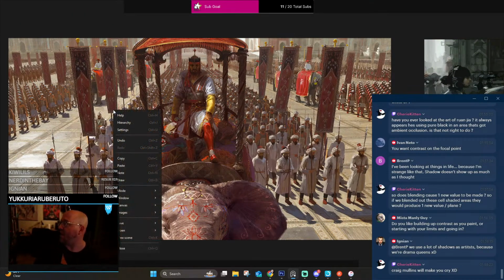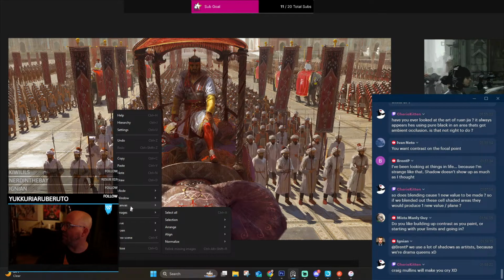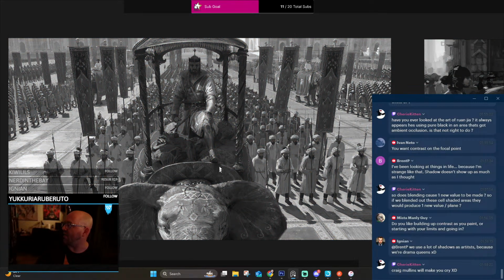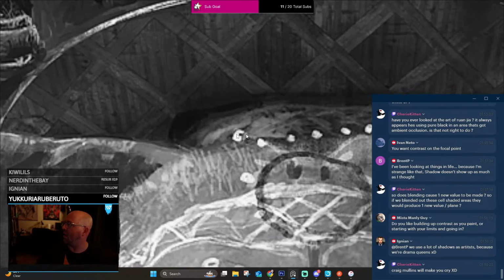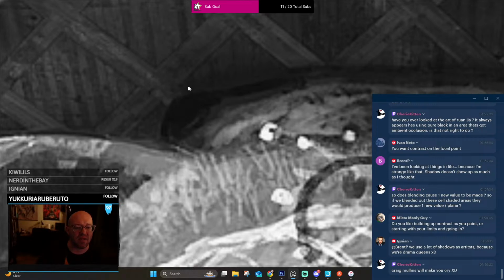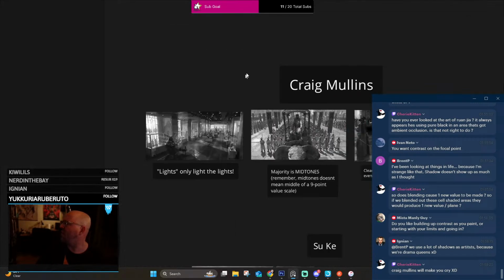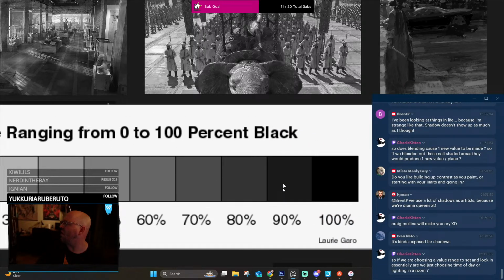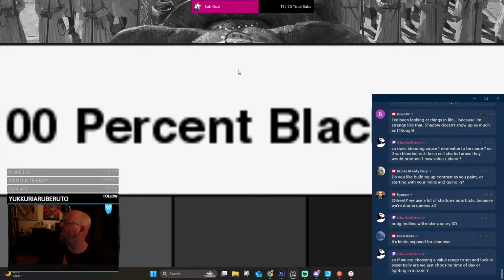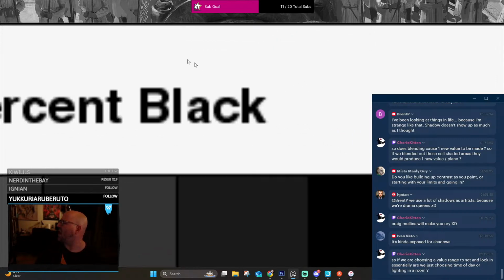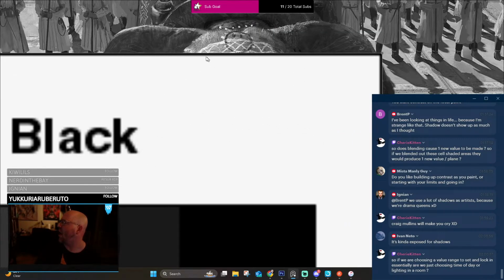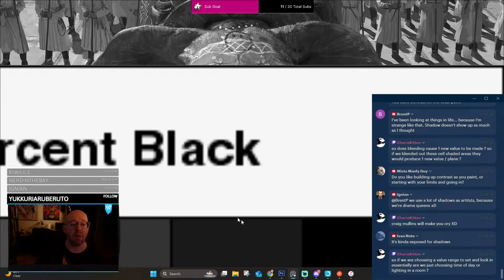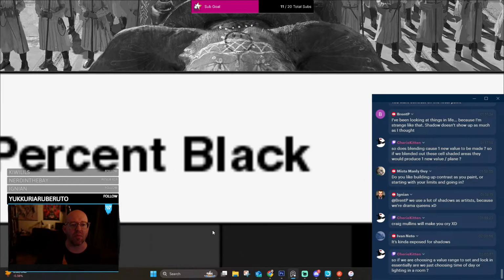So I would say, let's actually prove this. Mode, canvas, grayscale. That's probably an 80% on the value scale. If we bring it back up. Let me do this. Yeah. I mean, maybe between an 80 and a 90, but no way is it 100. There's no way that's pure black. No way. It's maybe here. I'd say it's between these two, right?